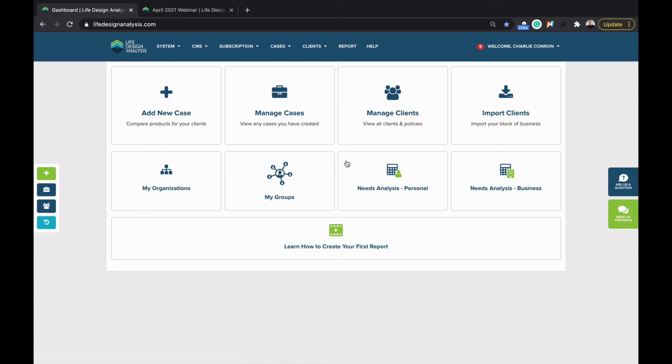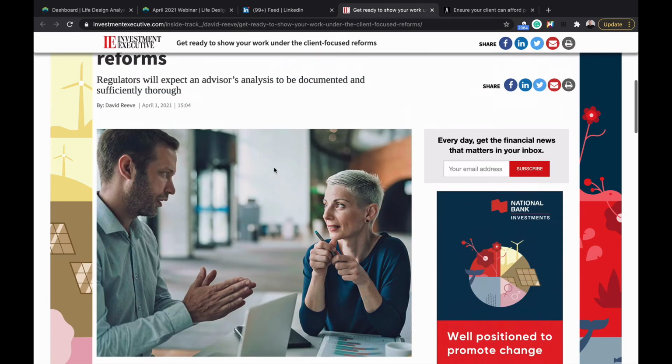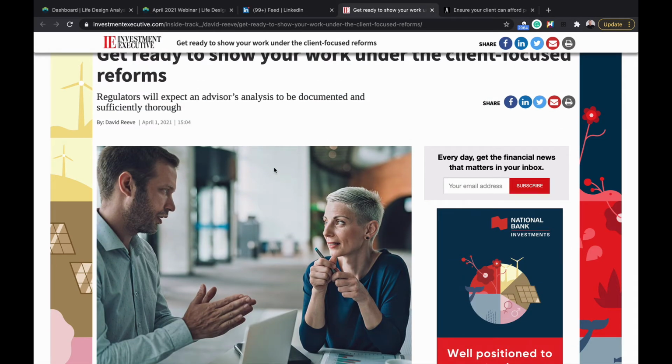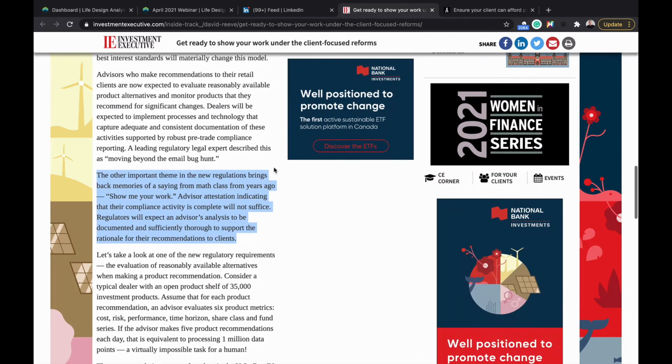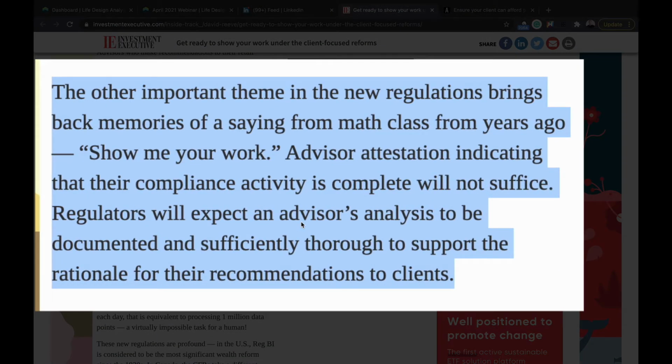So when you're logged in, you're taken here to the main dashboard. Now, before I dive too deep into product comparison and policy setup here, I really wanted to show two articles that I stumbled upon recently and actually posted to LinkedIn. One was by Investment Executive, and it says, "Get ready to show your work under new client-focused reforms." And one of the main points that I've highlighted here is, there's an important theme in the new regulations that brings back memories of your old public school math class from years ago, and that was the whole "show me